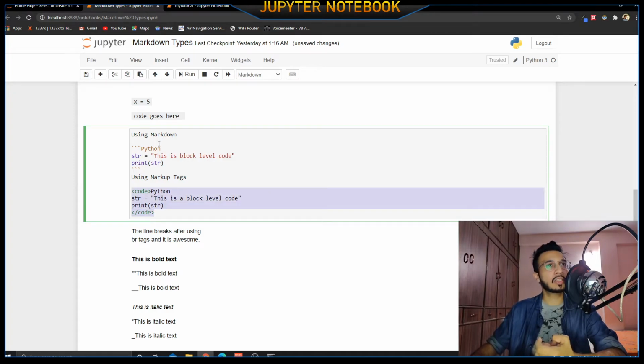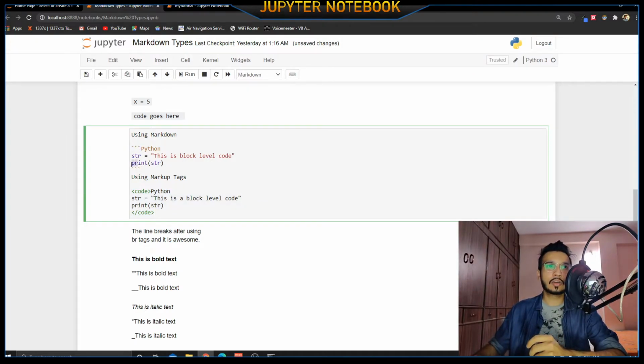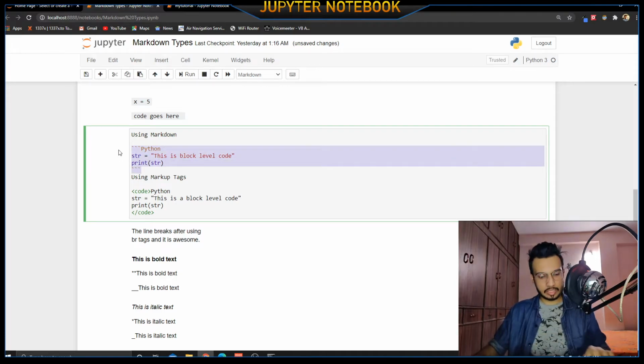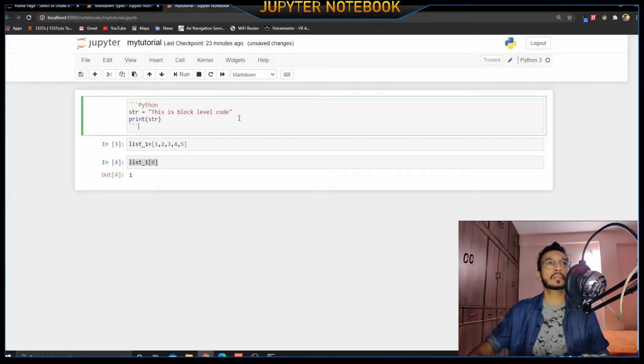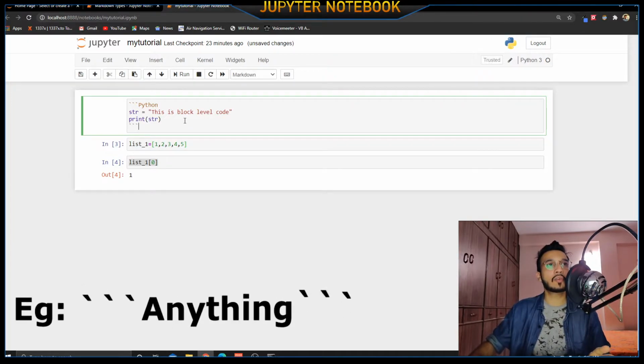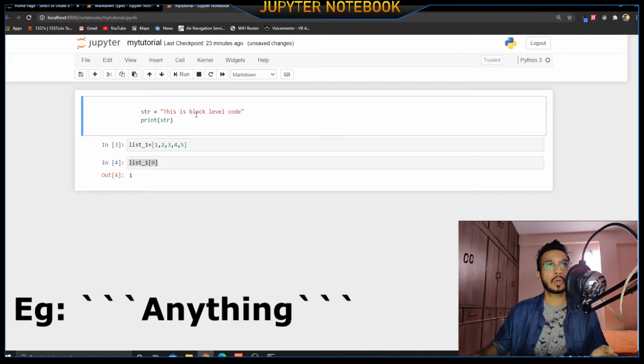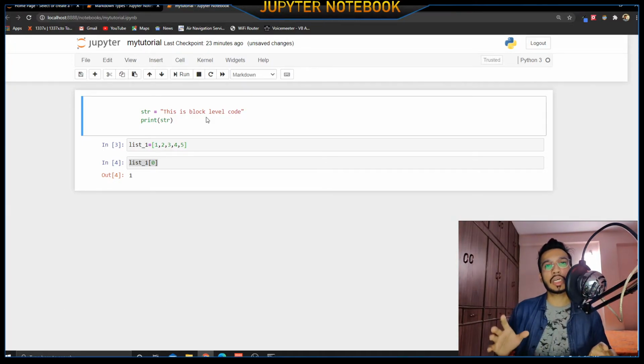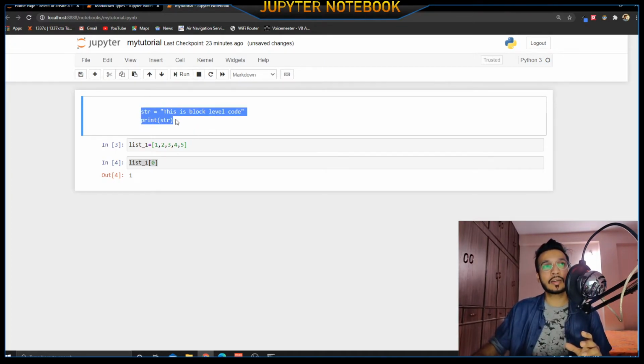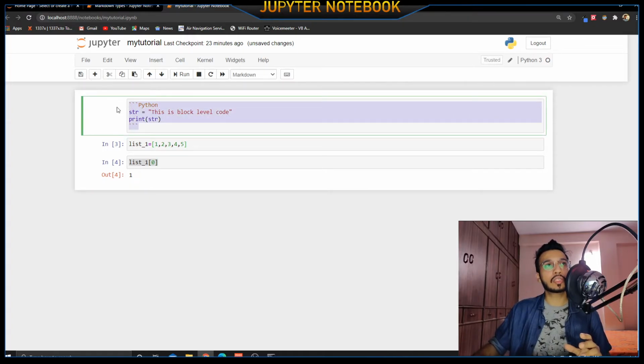As you have seen above, this will be represented in the same way, although we have to use 3 tildes instead of 1 to represent multiple lines. So let me just copy this whole code and show you how it looks up here. If you type the tilde key 3 times and you type Python, and if you try to execute this, it will look something like this. Although this is not a real-time executed code, this is just a decoration to show someone that I have used this specific code. Although this looks very convincing, I would pretty much use this.